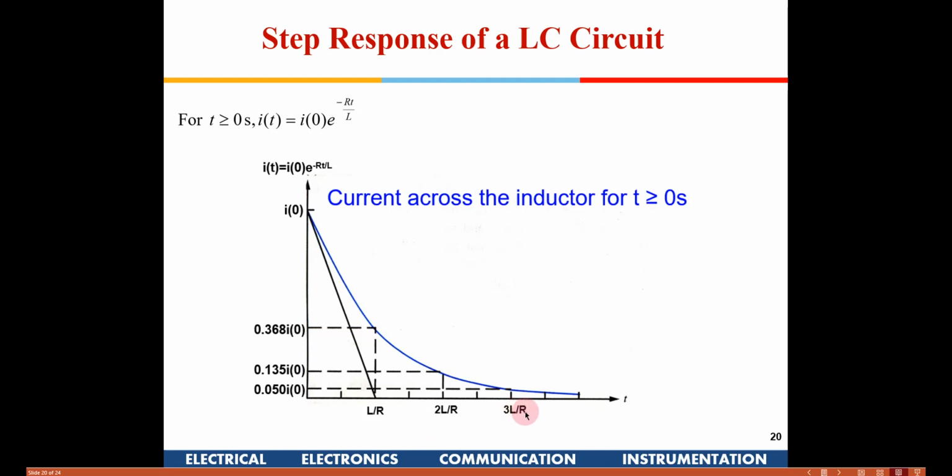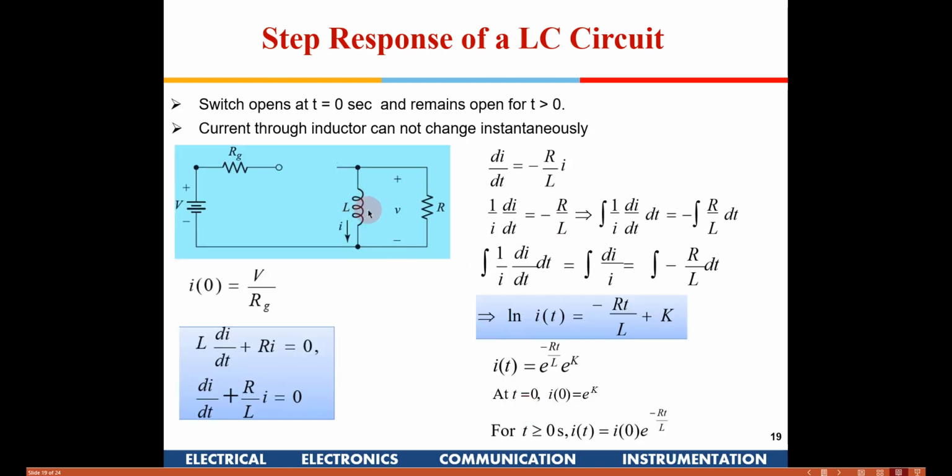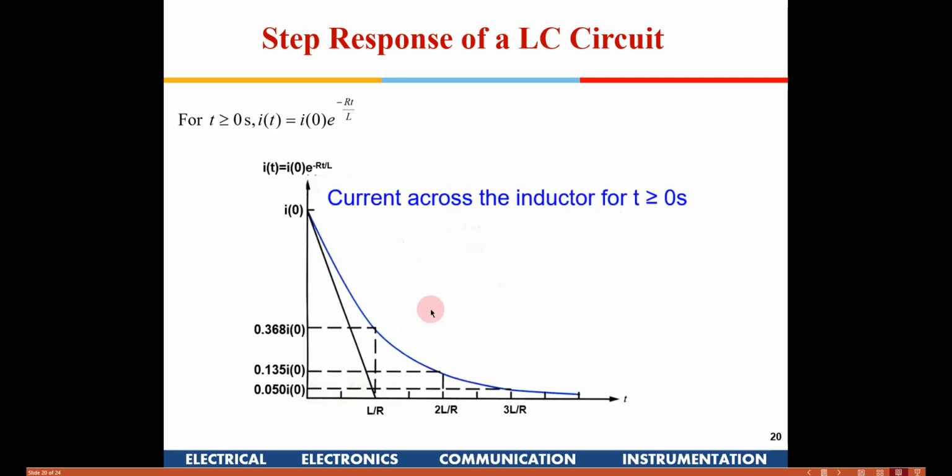That is understandable, right? And if you have a large R, again what happens? Like in the case of a capacitor, if you have a large R, the capacitor will discharge in a slower manner. So that's why you have RC there, right? Here the thing is slightly different. You have L by R, right? So R is in the denominator. That means if you have a large R, this current will fall more rapidly.